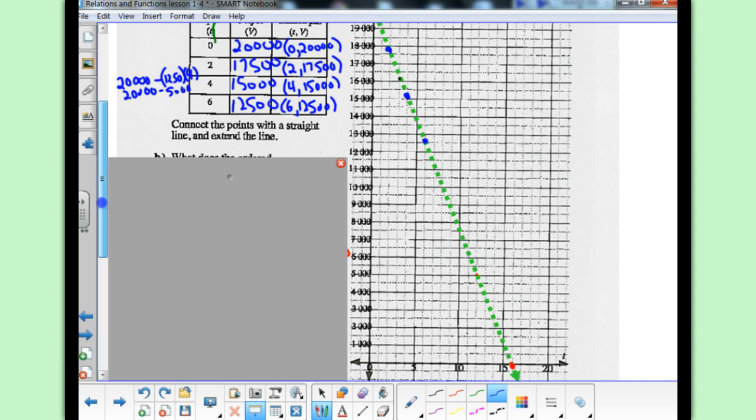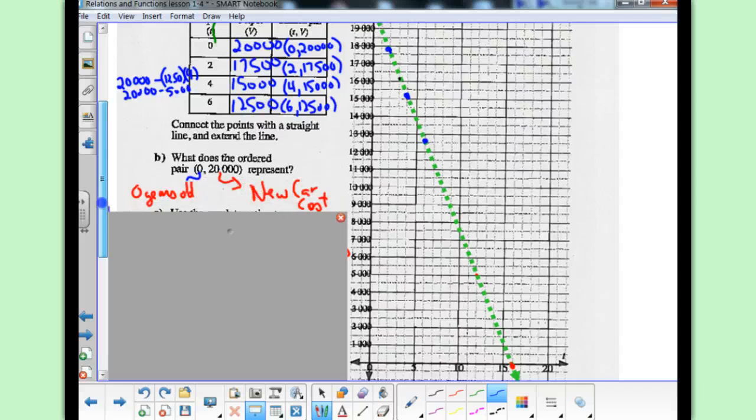Right? And then they actually ask you some more questions. What does it mean at 0, 20,000? Okay, and if I were you, just do the lesson and then come back and look at it after. Think about these questions yourself. And maybe you have a different answer and we can talk about it in class. So what does the ordered pair 0, 20,000 mean? What it means to me is that at 0 years old, it's the new car cost. But it's all